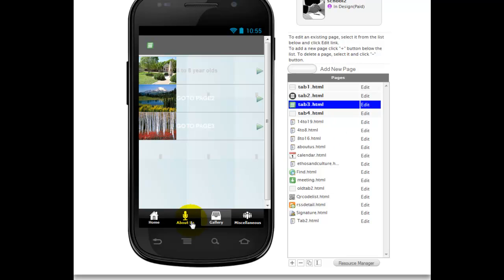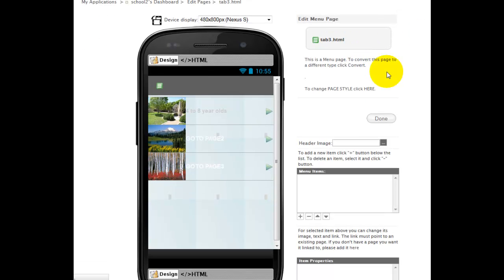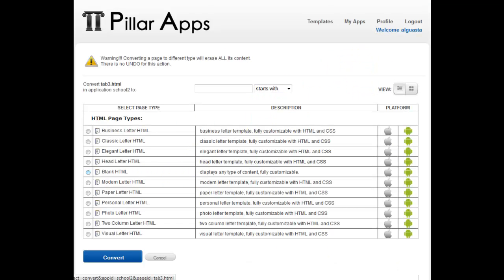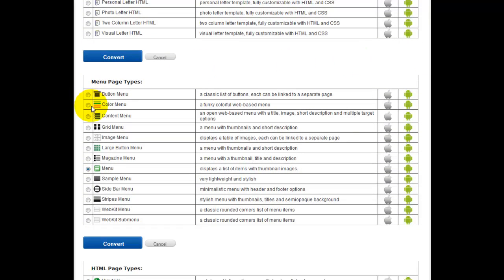Right, as you can see, I've converted the gallery to this. Let me go back and I'll show you what I did, how I picked this particular style. I clicked on convert here, and then I picked out the type of pages I wanted, and I come down to here and I picked